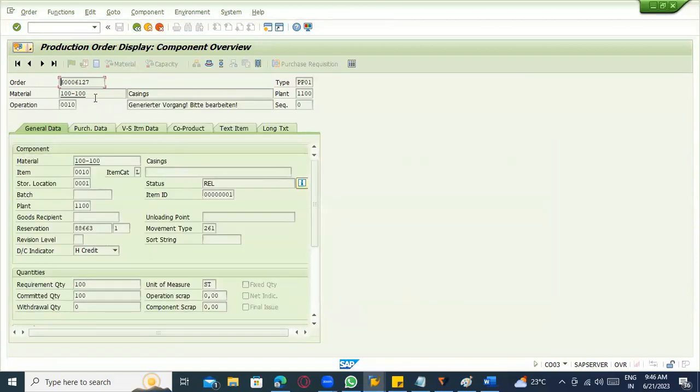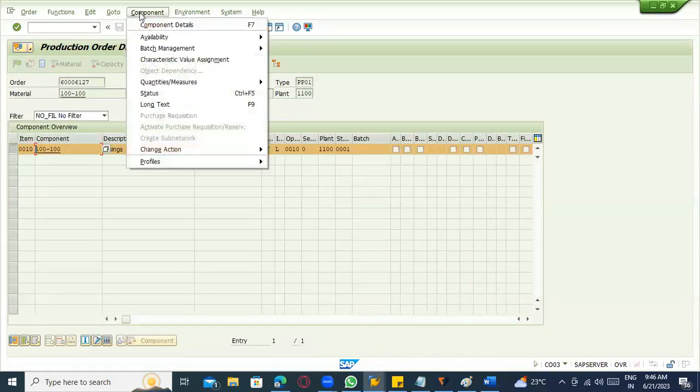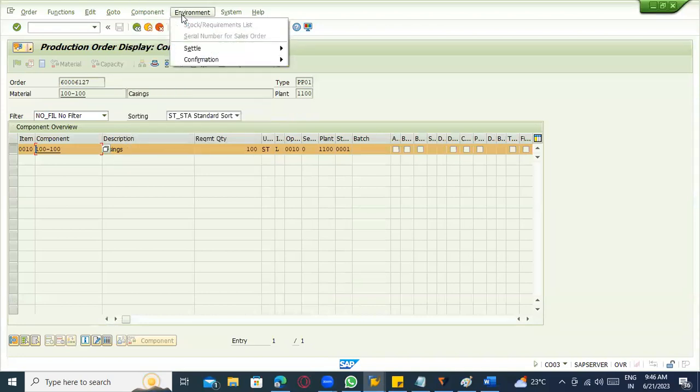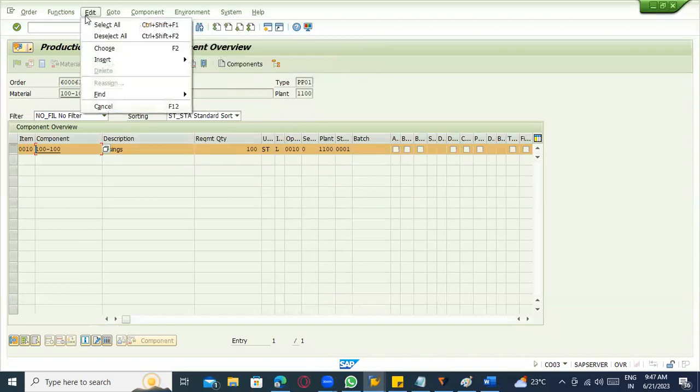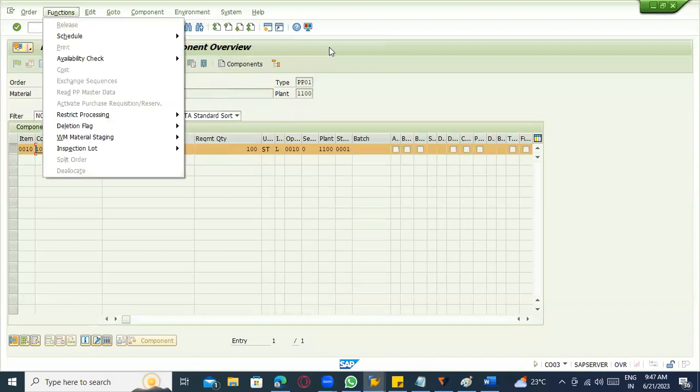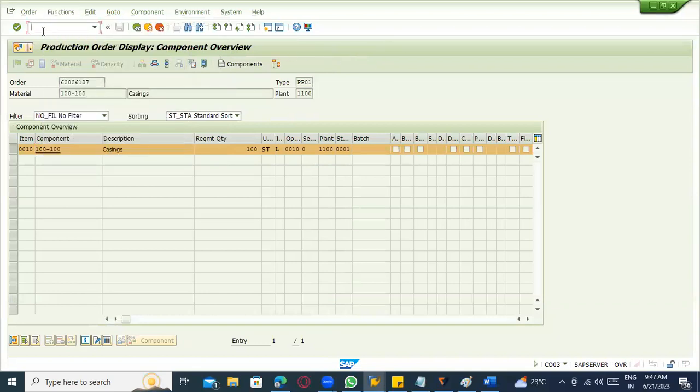So these are the component details, which we can see here. Once it is done, we can check the material document numbers and see all this information. So if you go to MB51, that is the material document list,